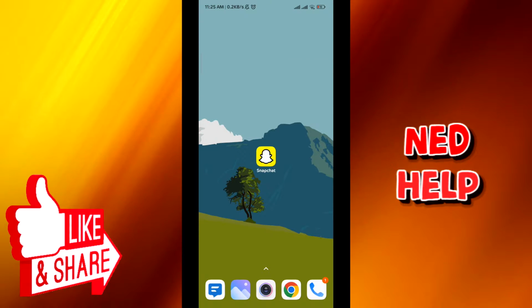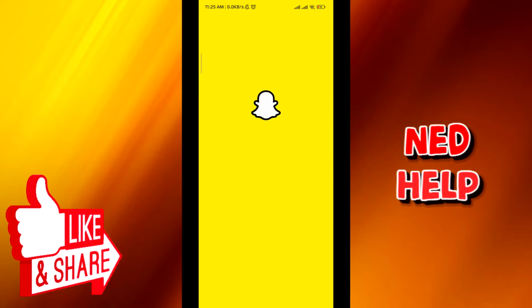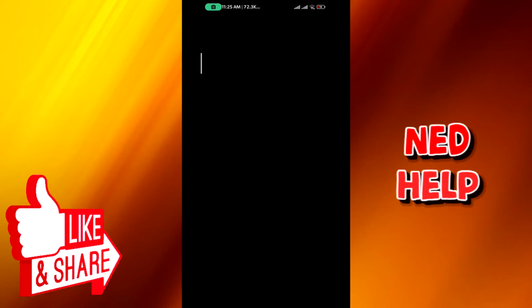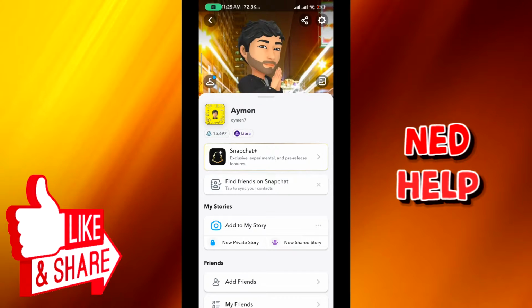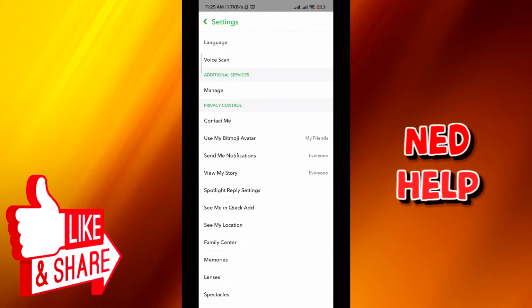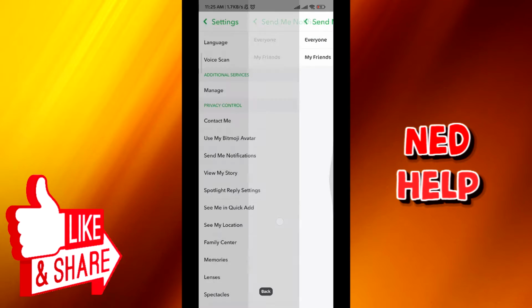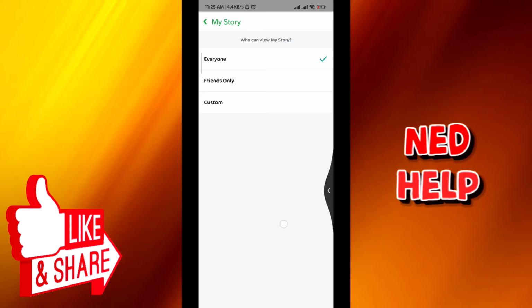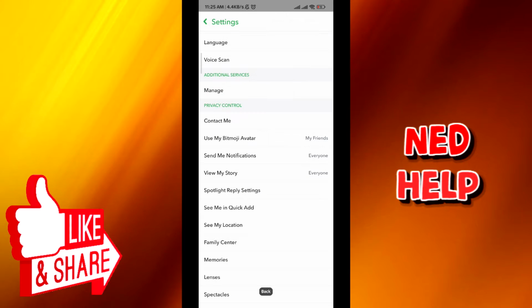First we go ahead and open Snapchat and then tap on the Bitmoji on the top left corner of the screen. From there tap on the gear icon on the top right corner and let's go ahead and edit some privacy settings. Tap on send me notifications and make sure that it is set to everyone. And tap on view my story and make sure that it is also set to everyone, and from there just go back again,